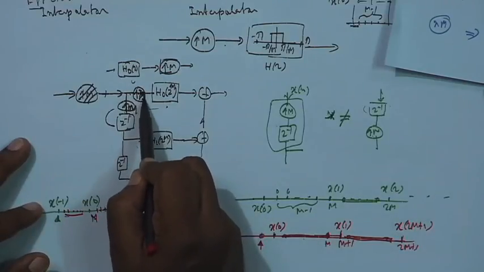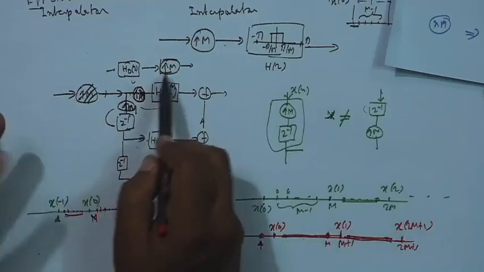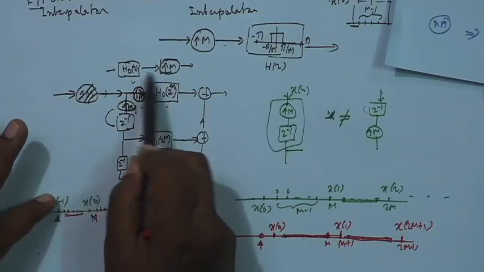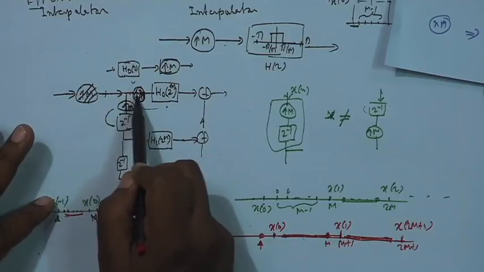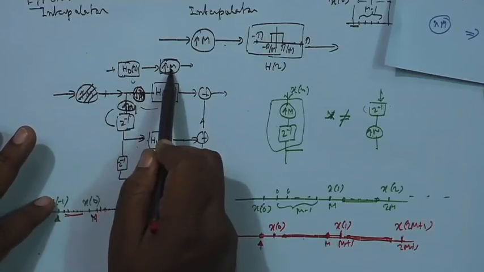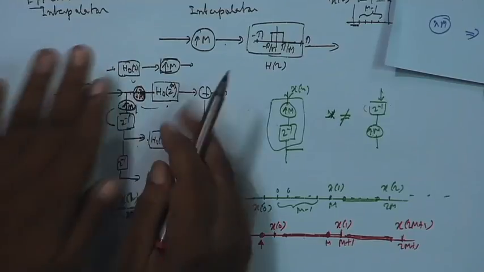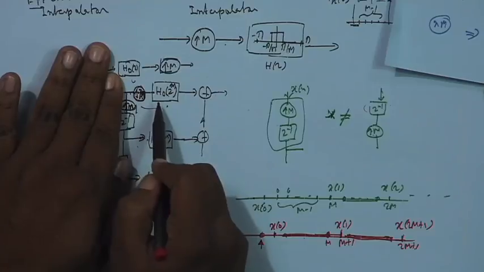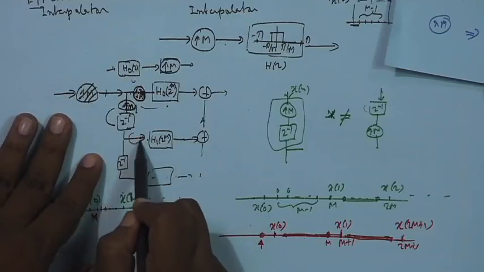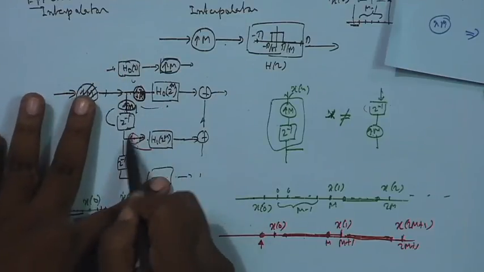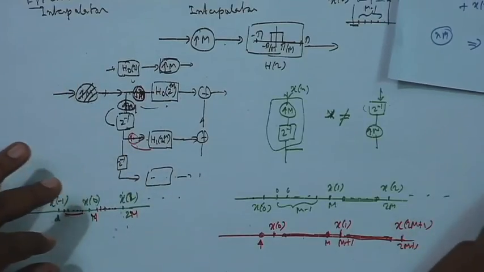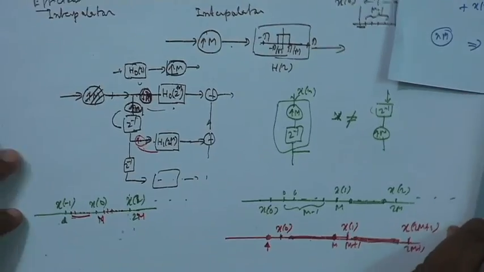Okay. This is m, and here I could interchange H 0 z to the power m, so H 0 z comes first, and this expander goes second. This can be interchanged here, because there is no delay. So, for these two I can apply noble identity B here, but I cannot bring that interpolator here and then apply noble identity B on these two, and same downwards also. So, this will not work, but I can get around this problem by a clever manipulation of this kind,